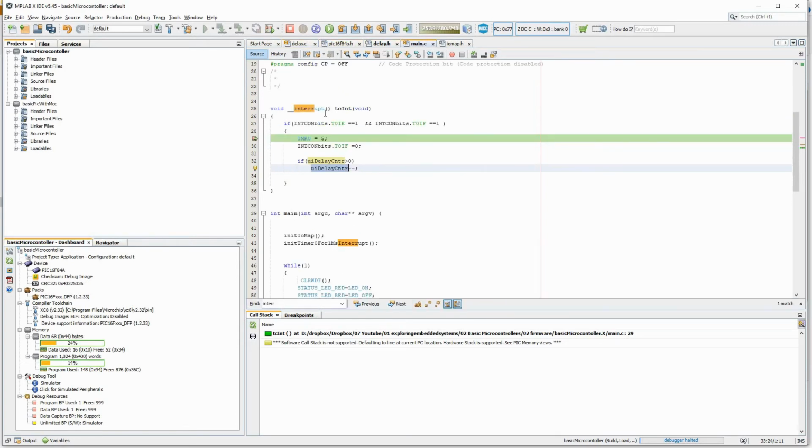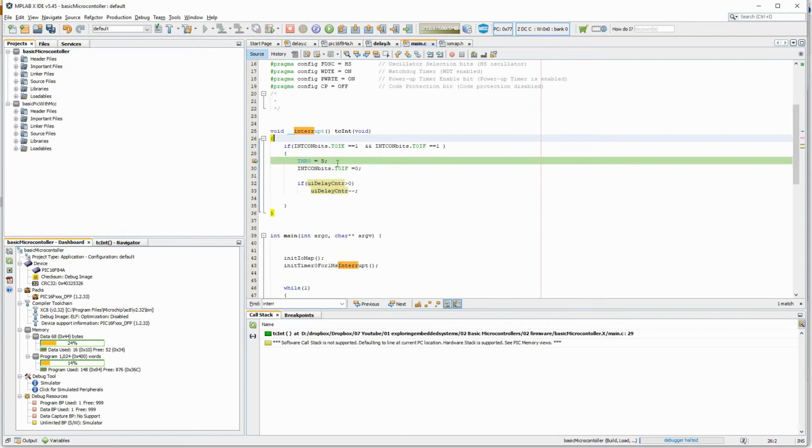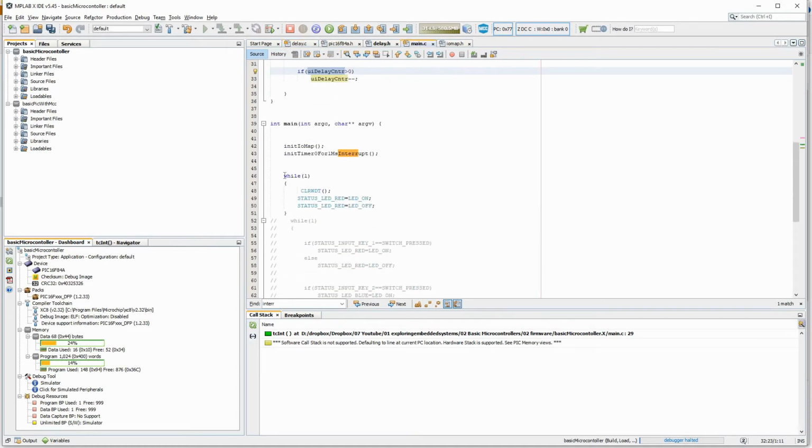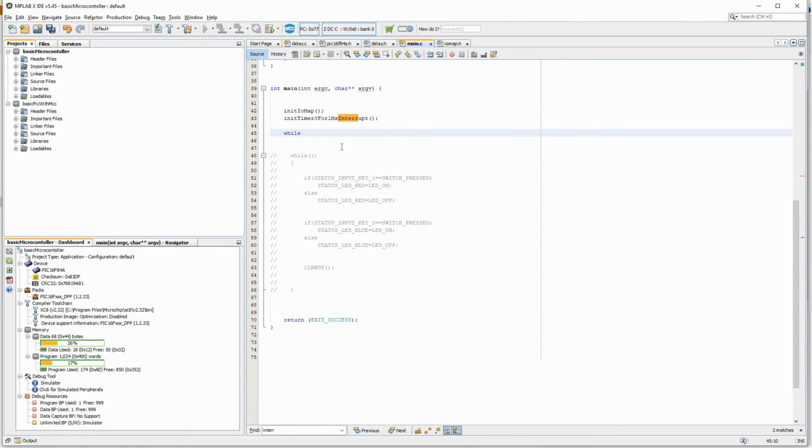So in my main, this interrupt keeps happening every 1 millisecond. So every time this interrupt happens, this 100 will start reducing to 99, because 99 is greater than 0, it will reduce to 98, 97 till it becomes 0. So after 100 milliseconds, this variable will become 0. And I'll wait till this variable becomes 0. So not equal to 0 means it is something like 99, 98. I will keep looping. When it becomes 0, it will exit this loop. So now let's see how this logic works. So let me delete this while 1.